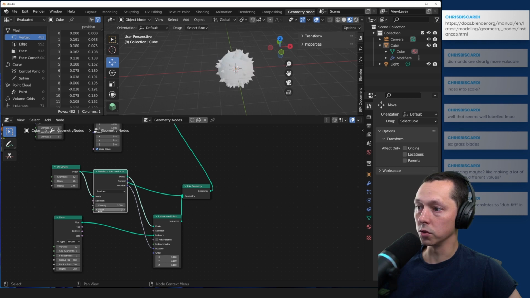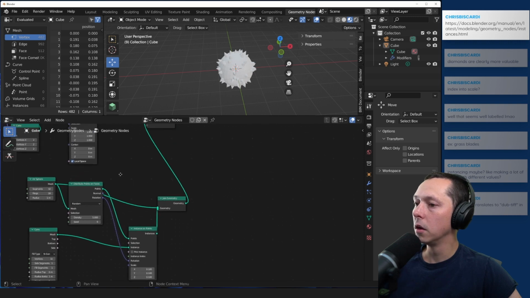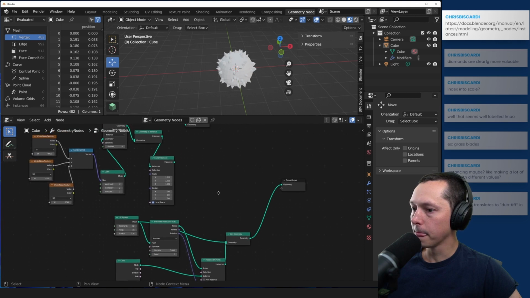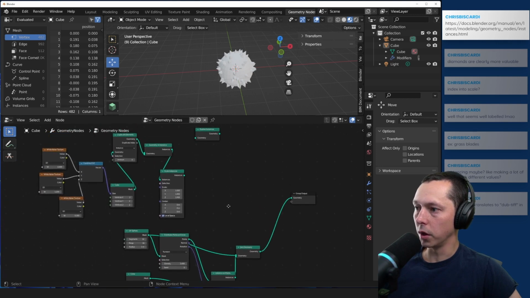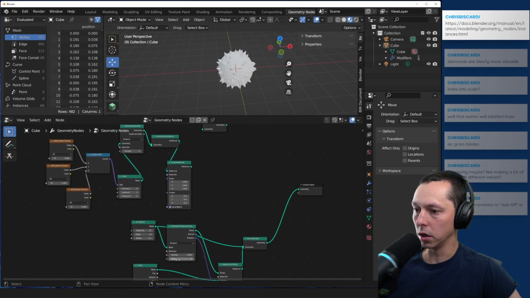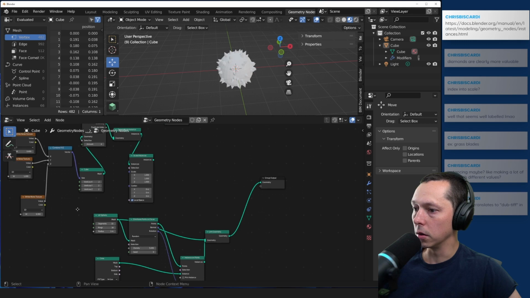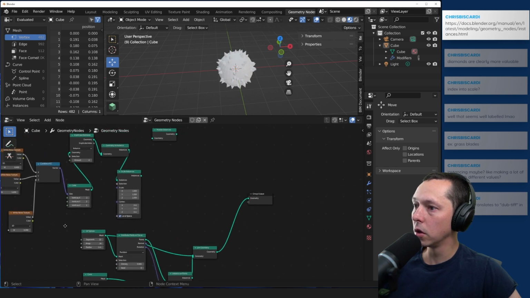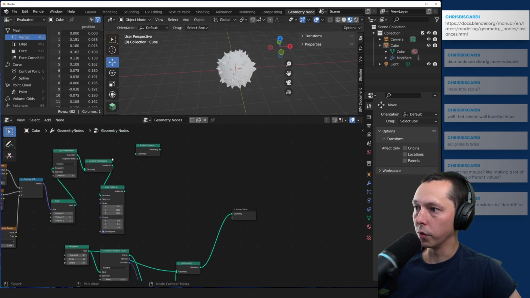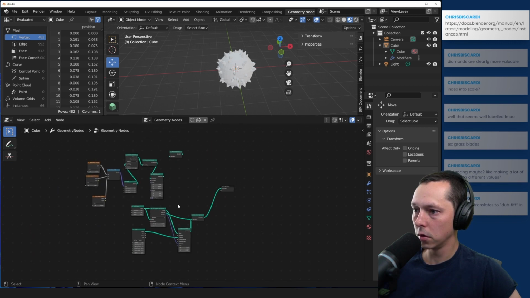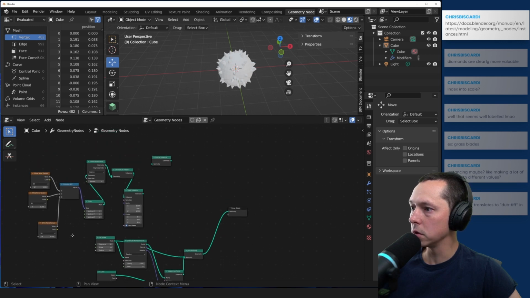Seed is going to change where they are. Okay. So we can do something where our seed and our density is going to be determined based on a white noise input we could do. If we include our original input geometry, go, group output,